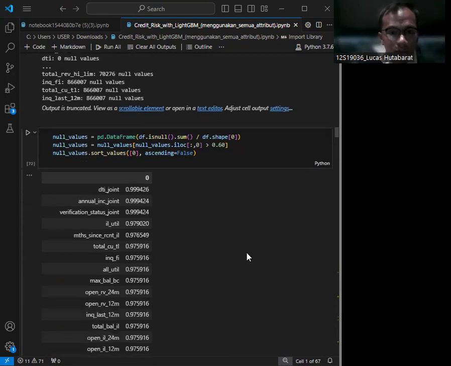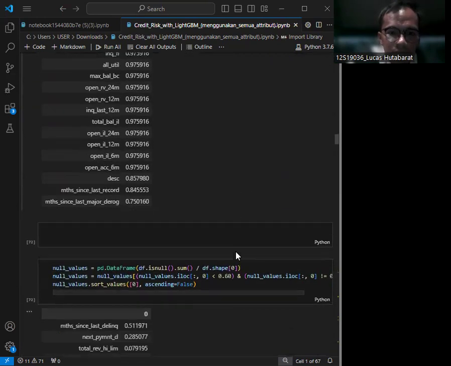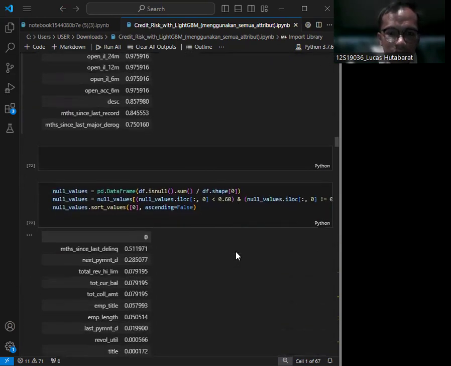And then we filter null values. We filter out columns with more than 60% missing values. This threshold helps in deciding which columns to drop to maintain the data quality. And then we drop columns with excessive nulls. We remove columns with excessive null values and check for duplicates.